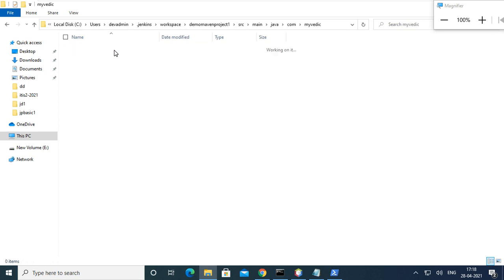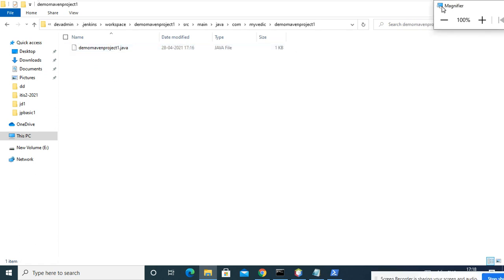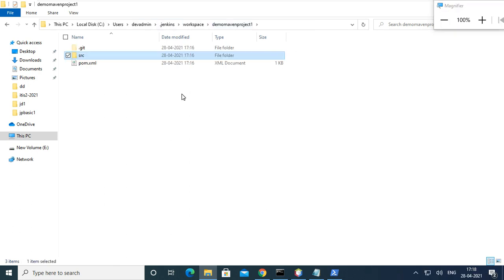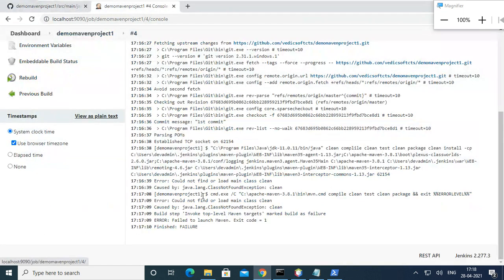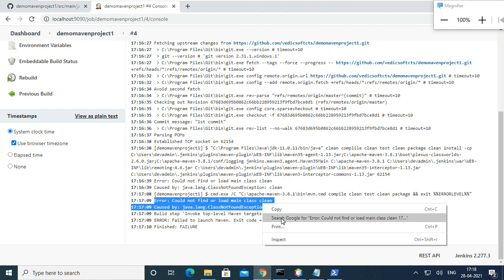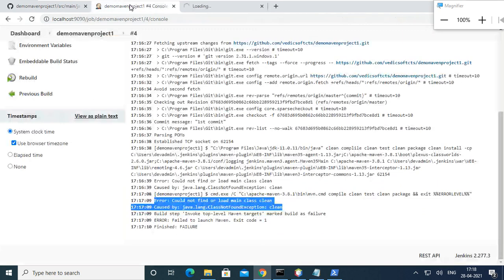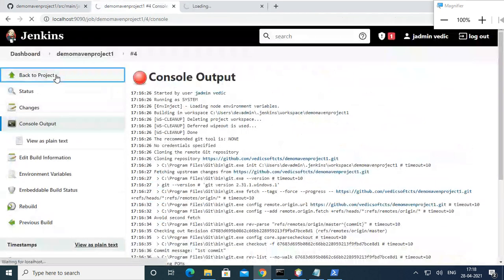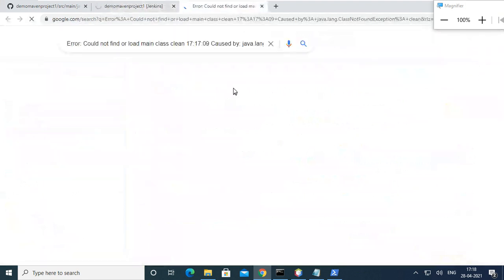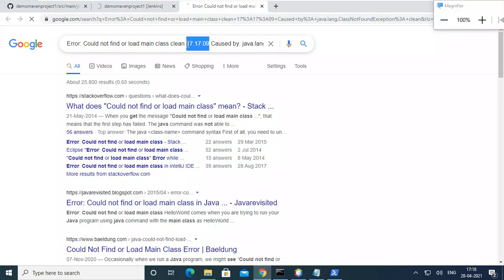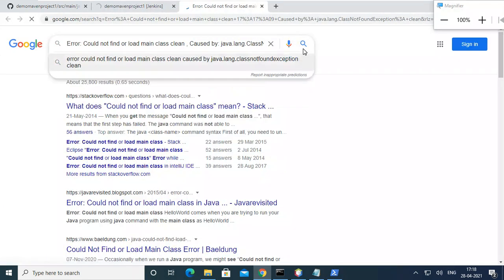Because of too much. There is always this problem. This problem does not belong to Jenkins. This problem is normal, it's a system based problem.